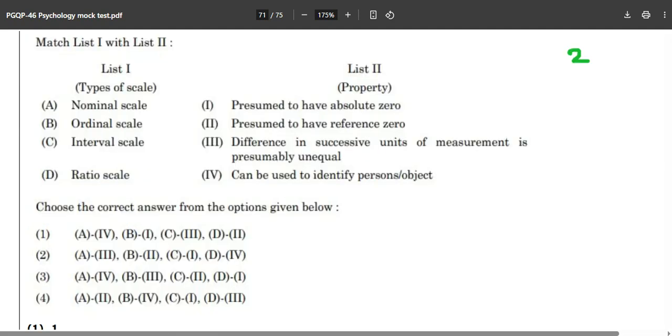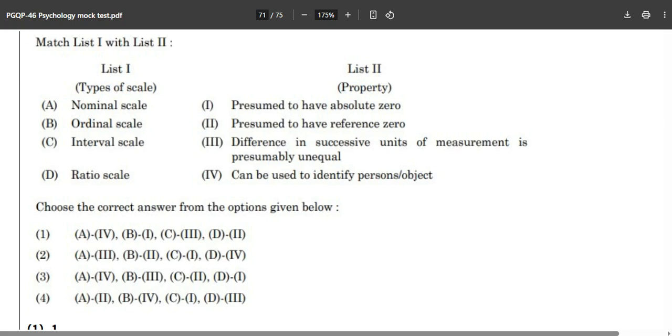Now this is question number two. Try to answer first on your own. You can comment down below as well, so that after the explanation you can check your answers. So the first question's answer was C, and the third answer was the whole. Now for this particular question, read it and answer it on your own.